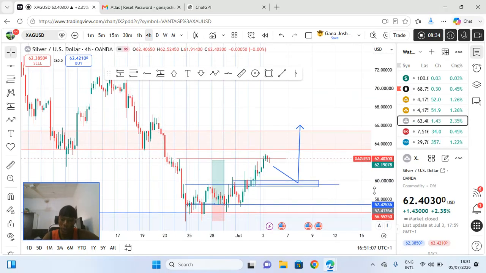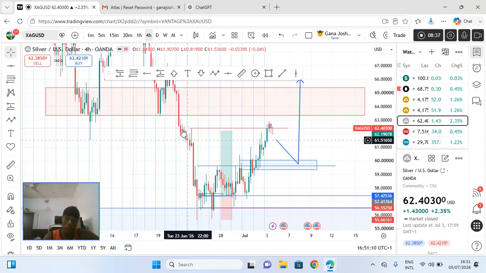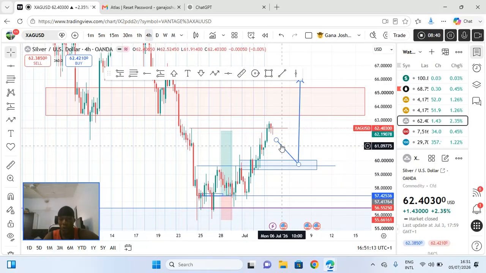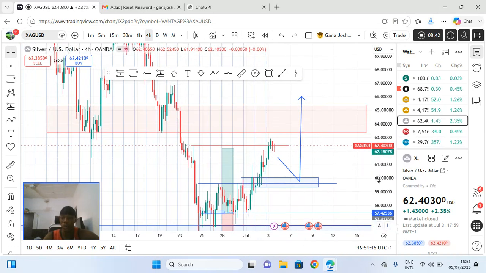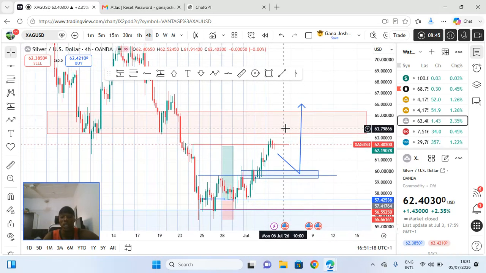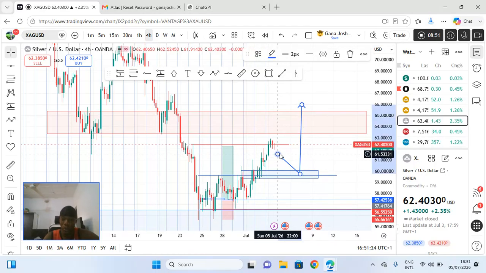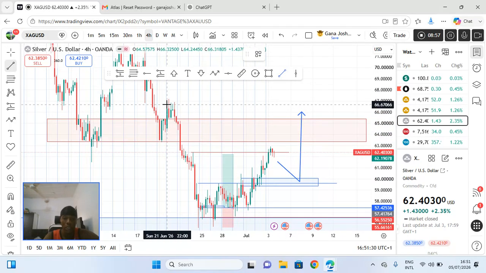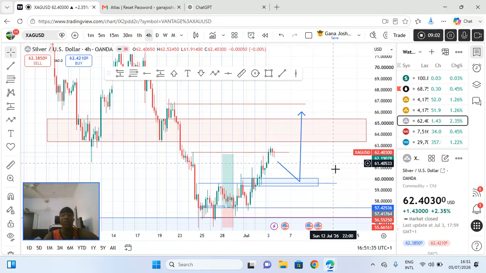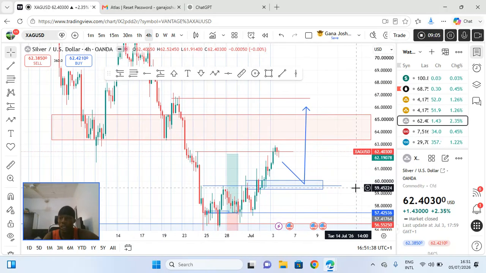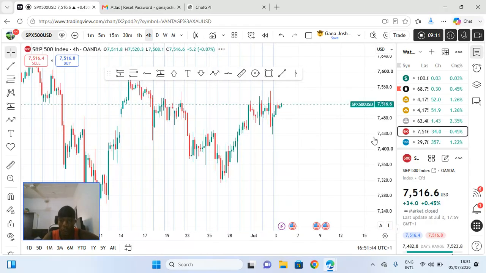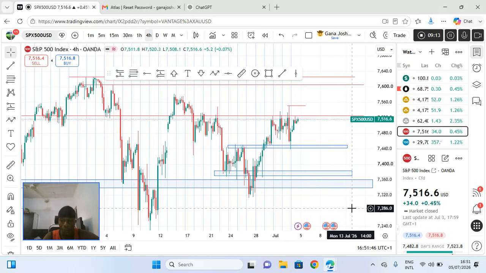Also, silver. Silver has also indicated a shift, hopefully a retest and continuation to the upside. But we have a whole lot of resistance here. Is this current support going to do it, or is price going to come down, look for strength, then continue to the upside? Stay tuned as regards that. But overall, we are bullish on gold, we are bullish on silver. So every sell we see, we're going to take it as retracement continuing next week until proven otherwise. This is based off last week's data that we identified.